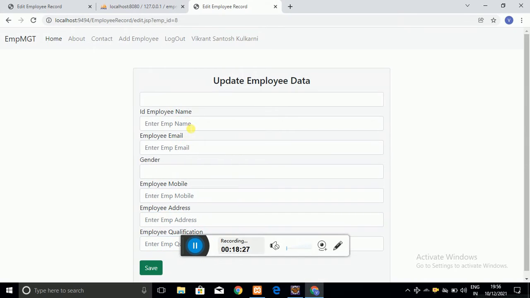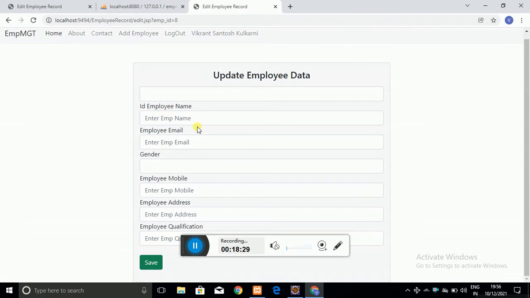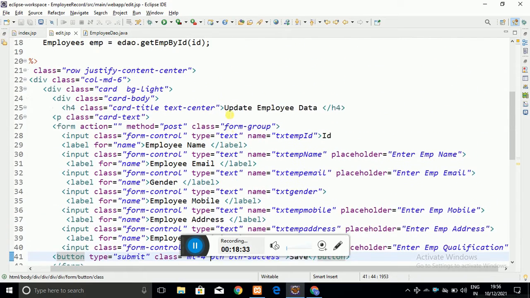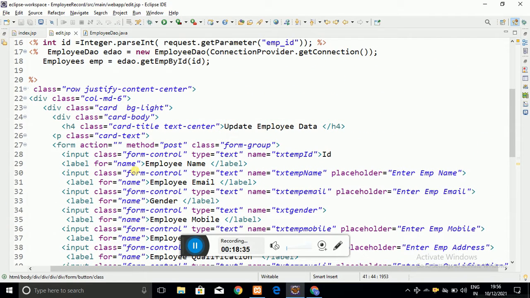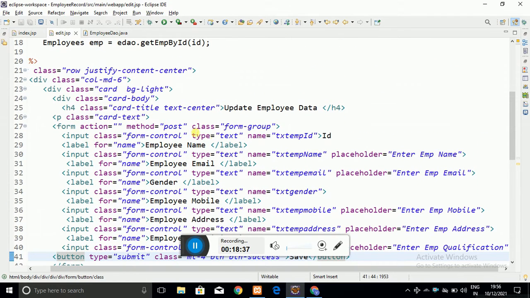So I am going to this page, and here I am going to write the value attribute on the input type.